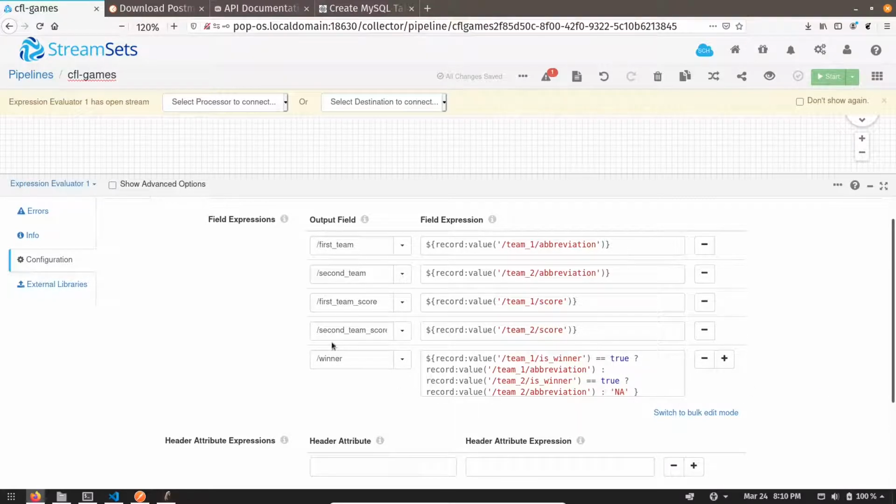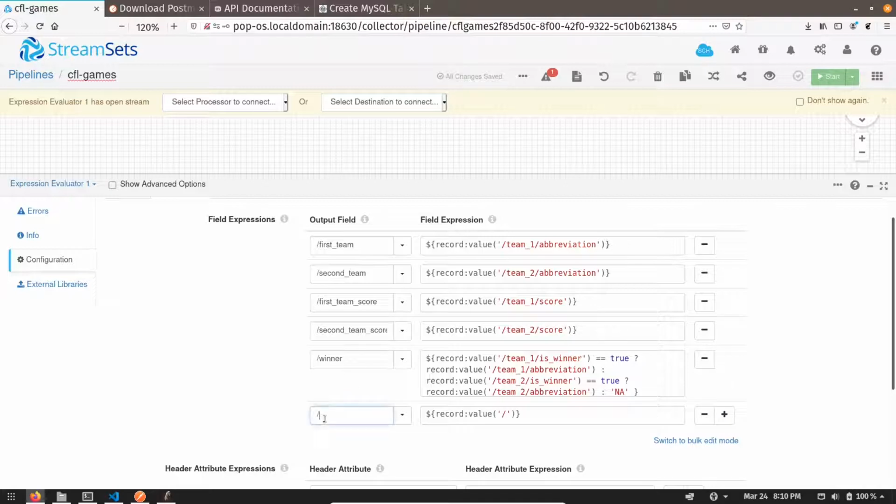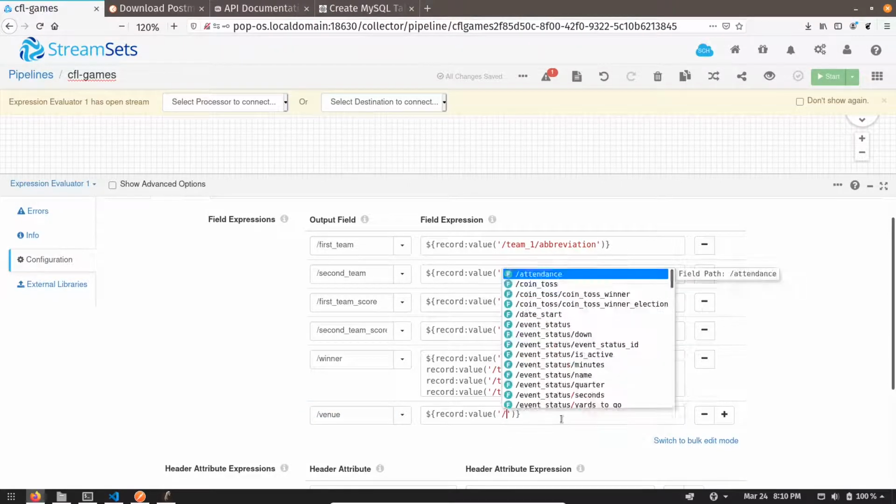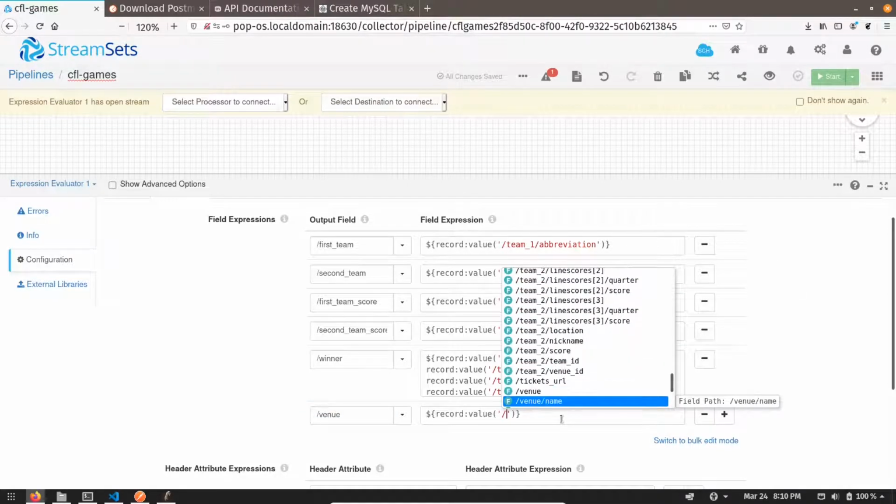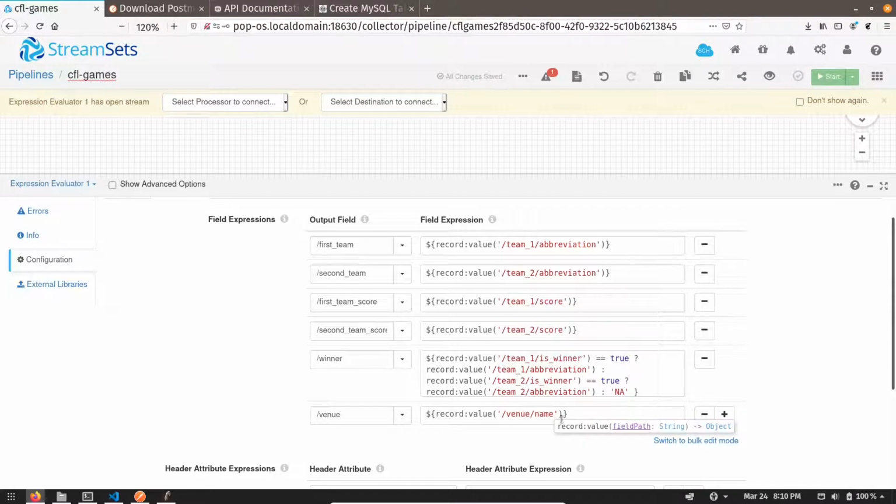So these 5 columns have been added, and one more column I want to add, that's called venue. This column is not available in the direct hierarchy, so we have to extract this value from the hierarchy. You can see there is a field called venue/name, so we are going to take this value as venue, and that's it.